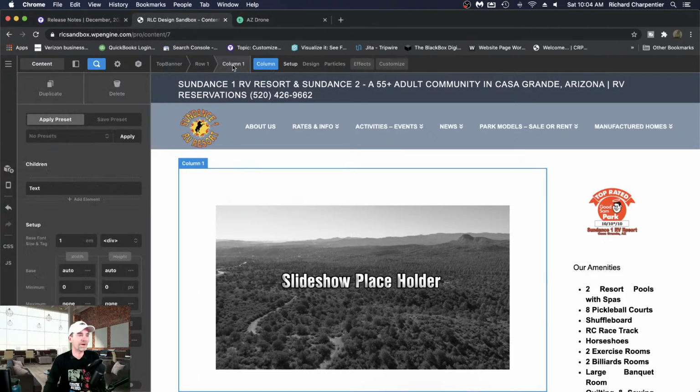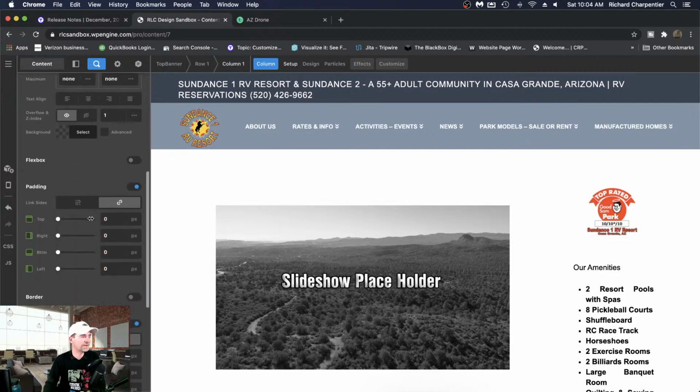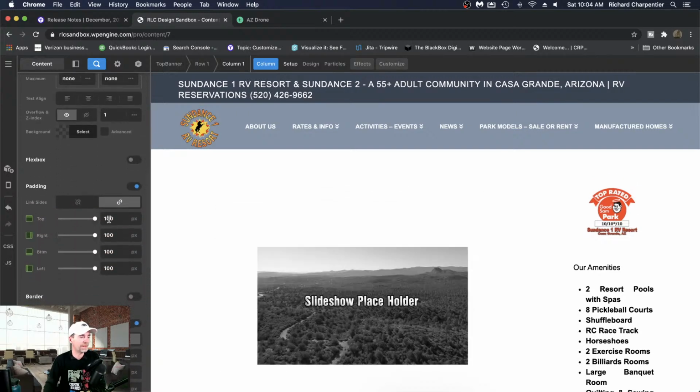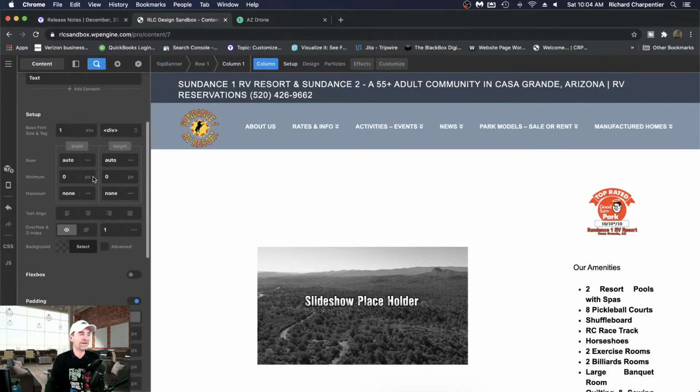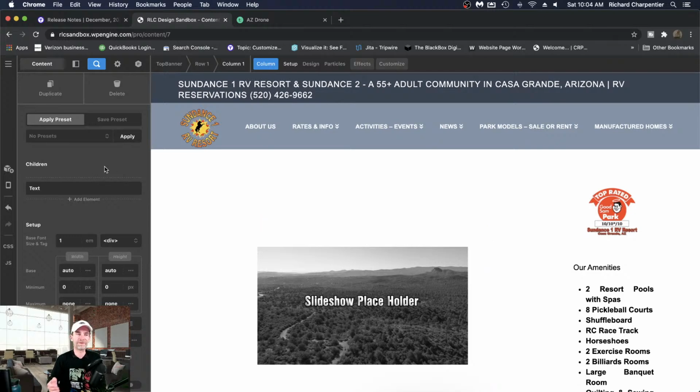But I could also go out to the column, and in the column, I could also go nuts here. So let's do the padding of the column as well. Wow. So I can affect all the way down to my smallest box, my smallest element. I can affect the columns. I can affect the rows, I can affect the sections. And every one of these steps, you can go in and they have different or similar tool sets for those